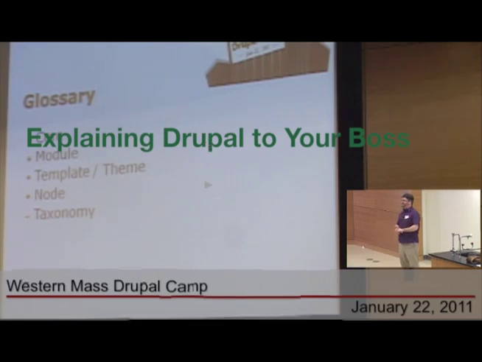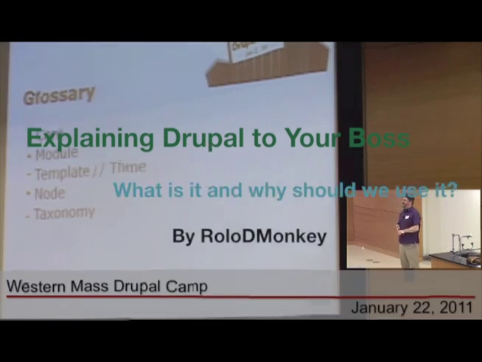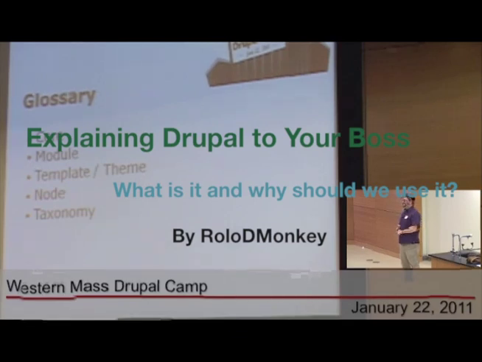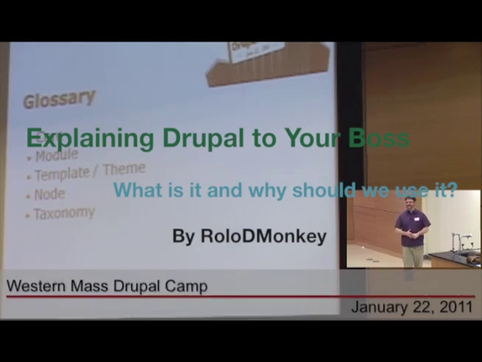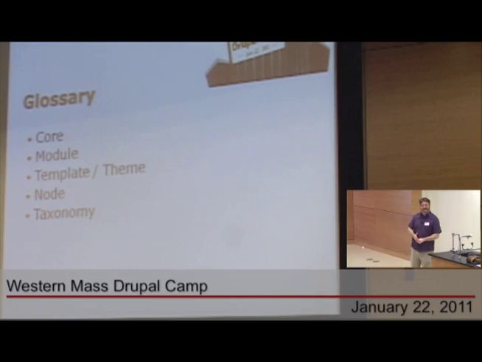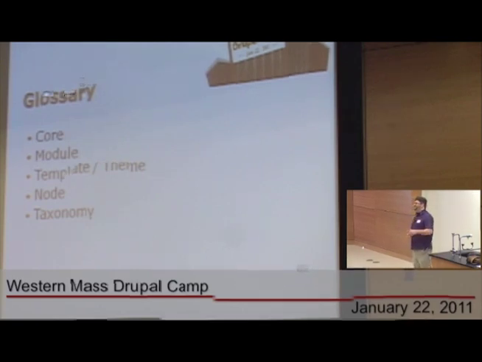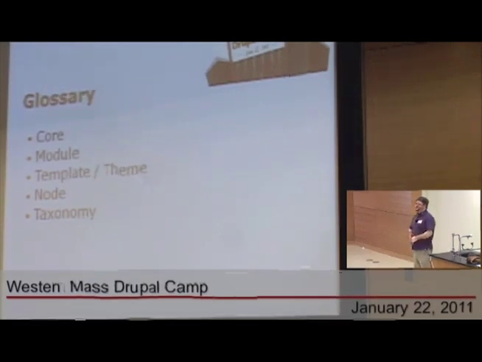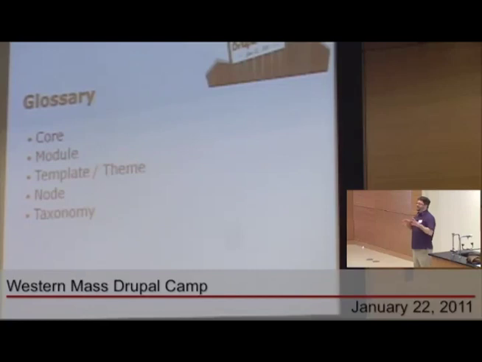And it's very, very easy to change and modify at will. But you will hear the word node today at least several times in each presentation. And then a taxonomy. Taxonomy is still one of the most confusing parts of Drupal because of the word that was chosen to describe it. A taxonomy is a group of terms